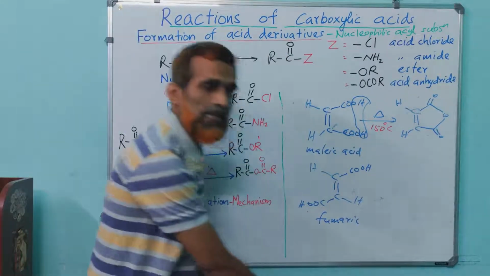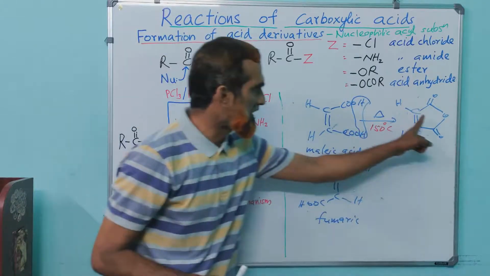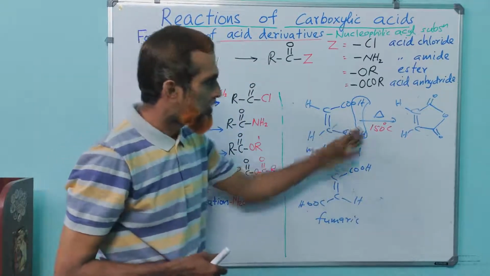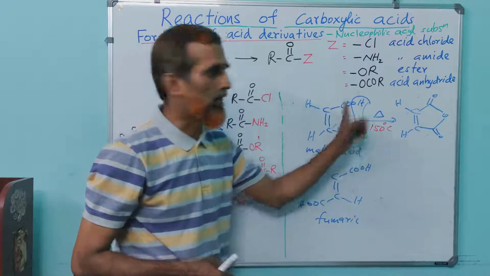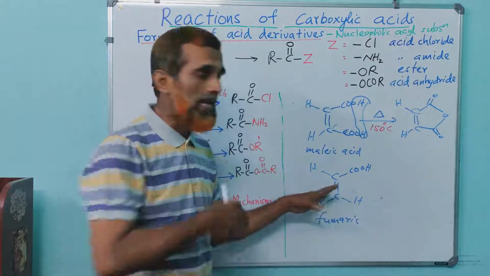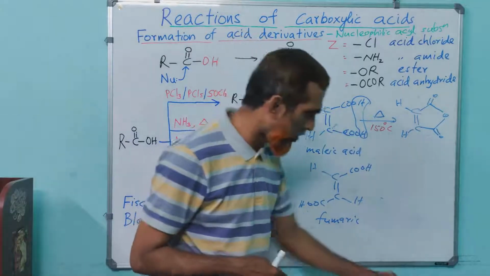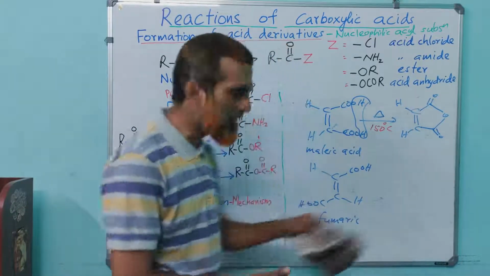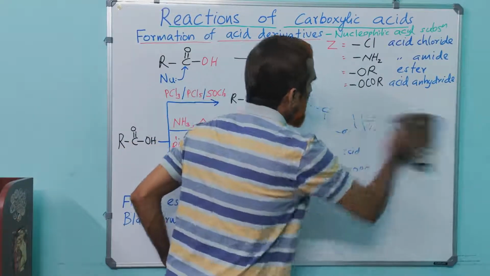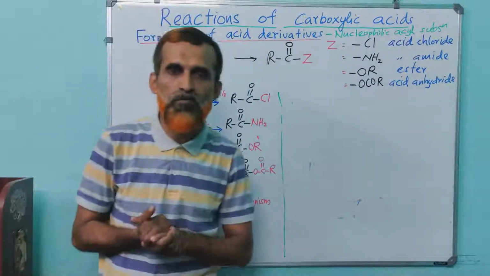But fumaric acid will not undergo cyclization or dehydration easily because the two COOH groups are on opposite sides. So this is easily converted into anhydride, this is not. However, if it is heated very strongly, it can isomerize into this at 250 degrees Celsius. It does undergo anhydride formation, but it is difficult. So that is okay. So that's all about formation of acid derivatives from carboxylic acid,